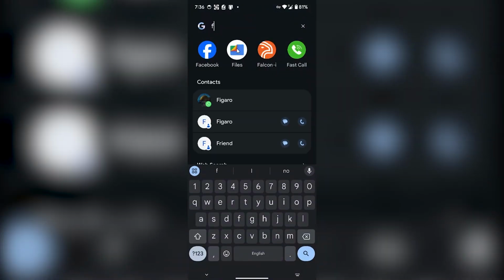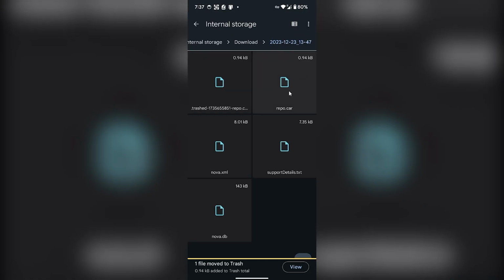If I go to my file manager, here you'll be able to see your CAR file. And that's how to download your account data on